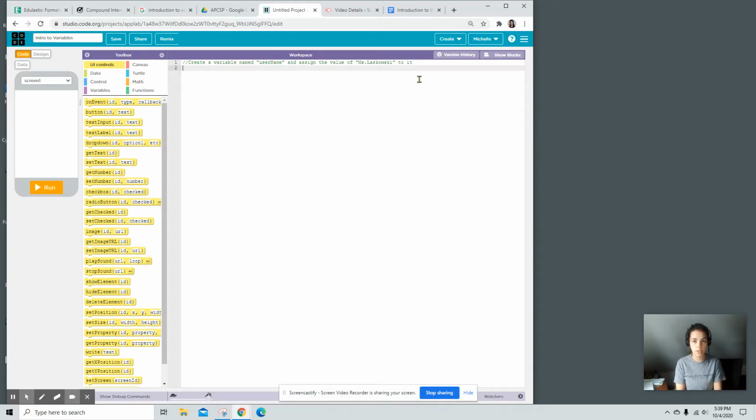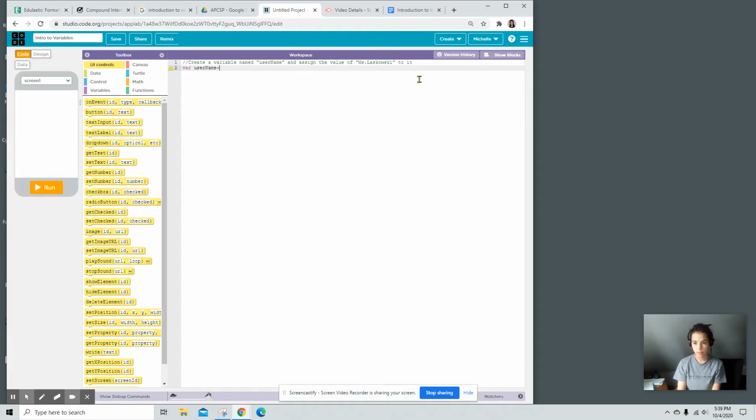Whenever you are declaring a new variable, you write var, and then whatever name you want your variable to be called. You could call it bananas, pancakes, cell phone, post-it note. It doesn't really matter, but as we know, the more meaningful our names are, the better that will be for us when we start having lots of lines of code. So var username